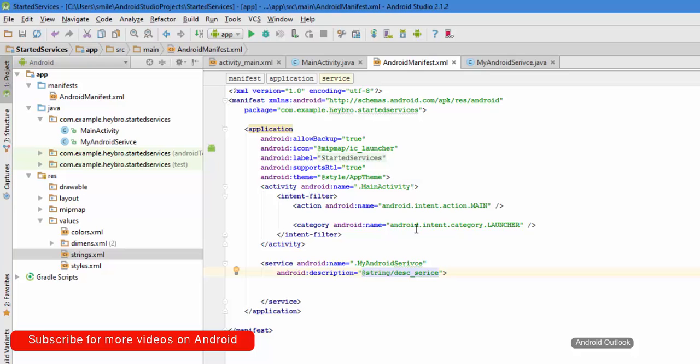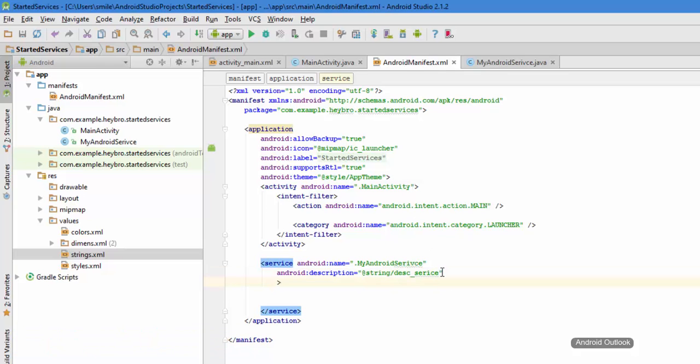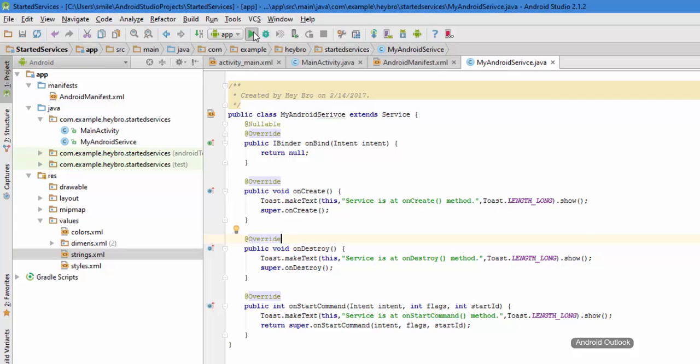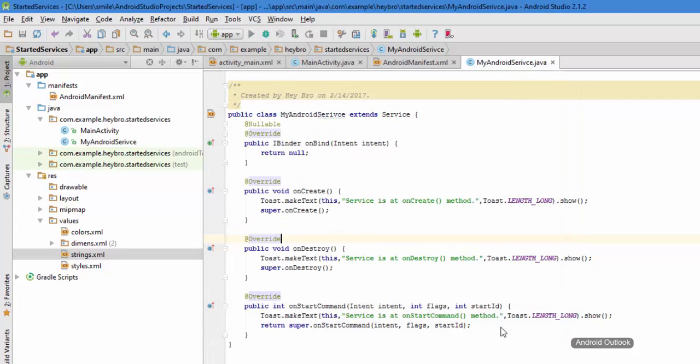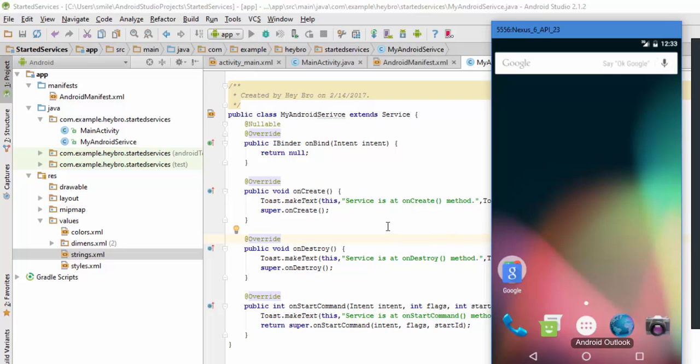And one of the attributes that I can use in the services here is Android dot exported, and I can make it false. So whenever I make it false, then the other components of another application cannot start or interact with our services. So, basically we are done here. Let me run this project. So it's going to install that,